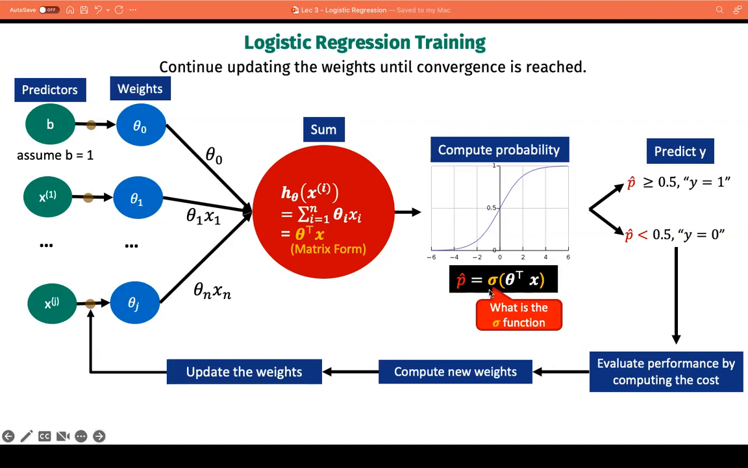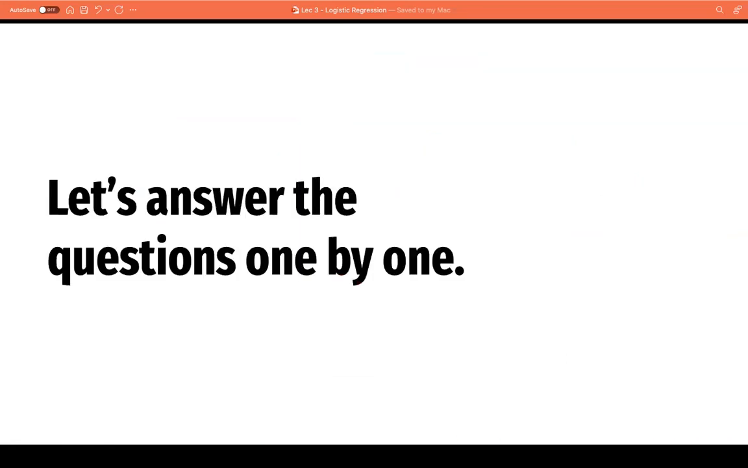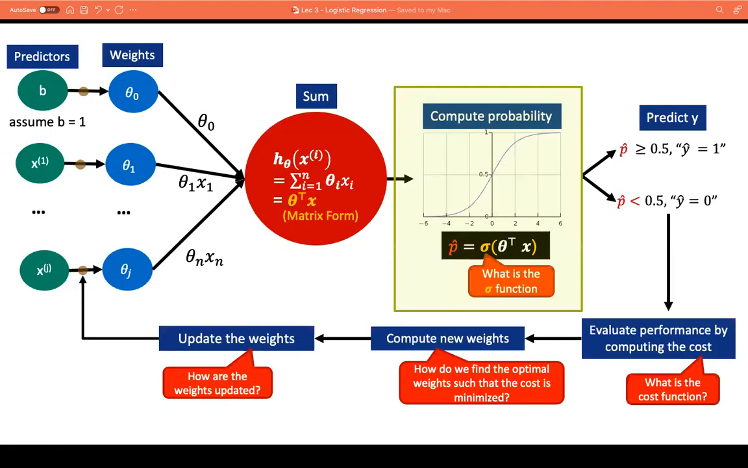But the question is, what is the sigmoid function? Or how can we compute this? As of now, this is still unknown. And what is the cost function for logistic training? And how do we find the optimal weights such that the cost is minimized? And after finding the optimal weights, how can we update the weights? So let us answer the questions one by one. So starting